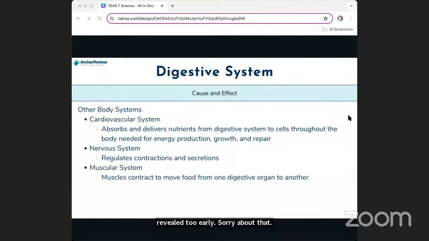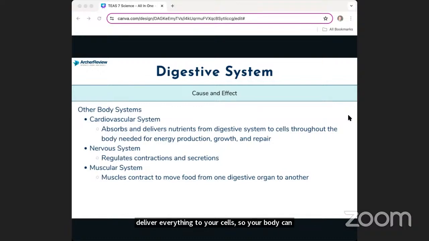The digestive system works in tandem with many other body systems. For one, the cardiovascular system. We talked about that being the transportation system for all things that the body needs. So of course, there's a close relationship between the cardiovascular system and the digestive system, because the digestive system works so hard to break down and absorb all of those nutrients from the food that you use to nourish your body. But without the cardiovascular system, it doesn't go anywhere. So it heavily relies on the cardiovascular system to deliver everything to your cells so your body can produce energy,